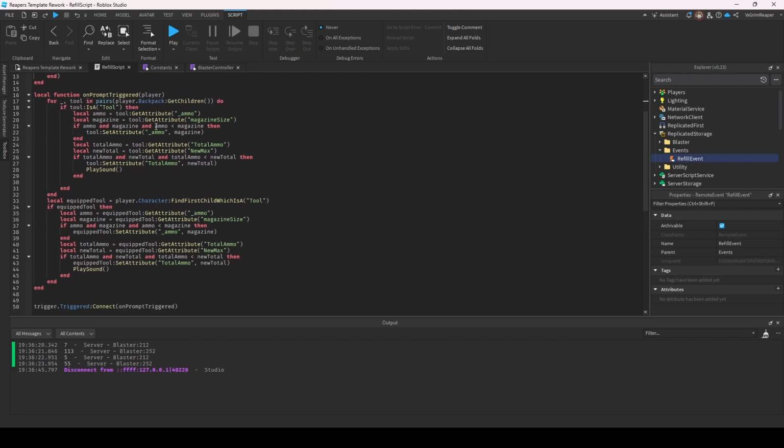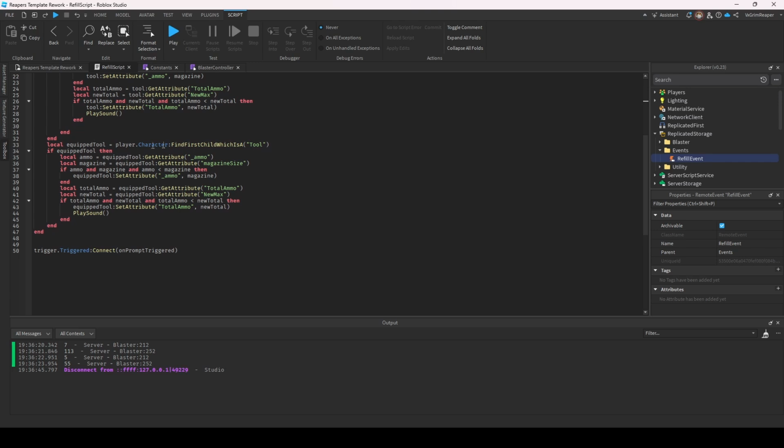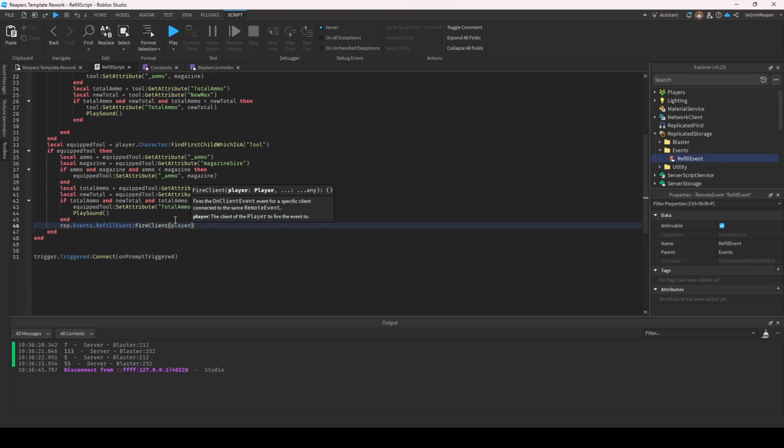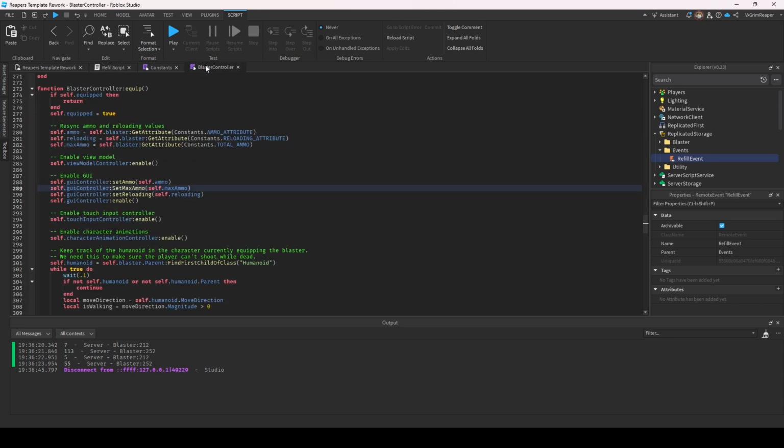And now we can plug this in somewhere. We're going to plug it in for our equip tool. So we're going to put it right down here. We're going to say rep.Events.RefillEvent:FireClient, and then we plug in our player. Simple as that. And now we can go back to our blaster controller,